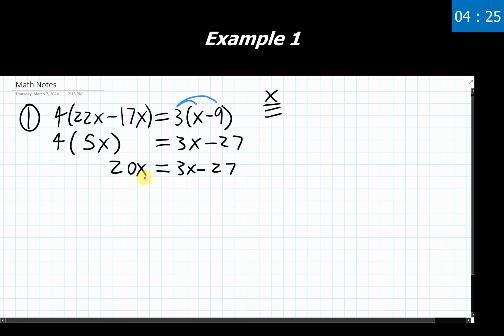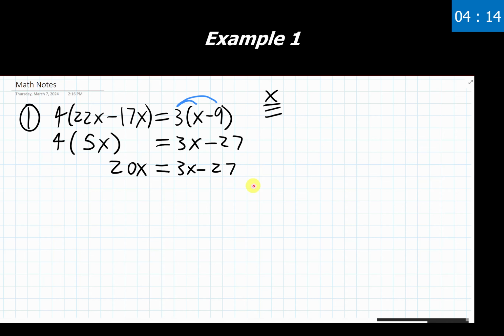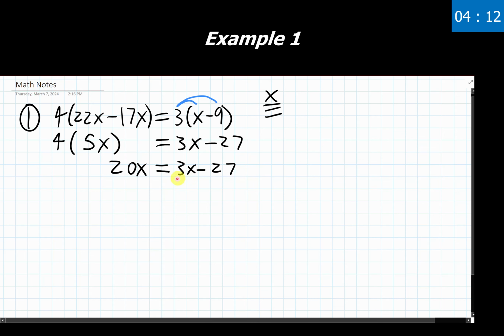This left side looks way simpler to work with. This right side looks way simpler to work with. So now, our third step in our process says to eliminate all variable terms on one side of the equation. We have a variable term over here, we have a variable term over here. I don't want x's on both sides, I want it on one side. Doesn't matter which side we choose, we just want x on only the left side or only the right side. So this is ultimately a call that you can make for yourself. There isn't a right or wrong, it's just one where you need to make that decision and then commit to it.